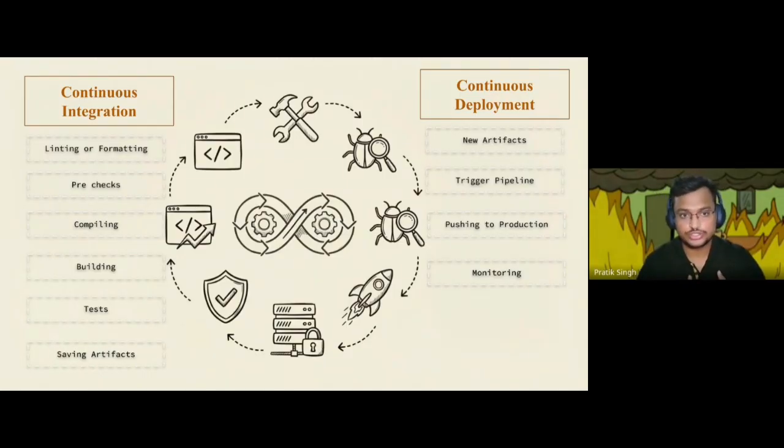So, suppose today you are going to contribute, and I'll show you with an example after this as well. Suppose you go on to contribute to some open source community or some open source project. Over there, what will you do? You'll first make an issue, you'll make the changes, you'll make sure that the feature works. But what happens when you push the code? What happens when you submit the work that you have done? So these are some generic phases of a CI pipeline that would happen, and we'll learn about that today.